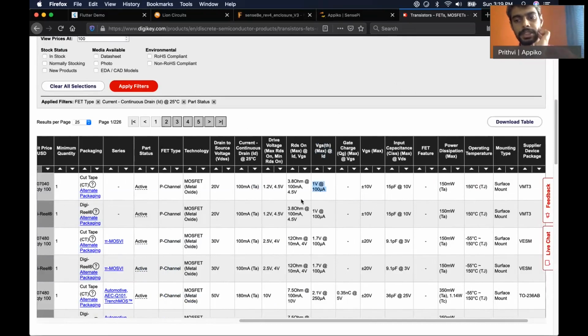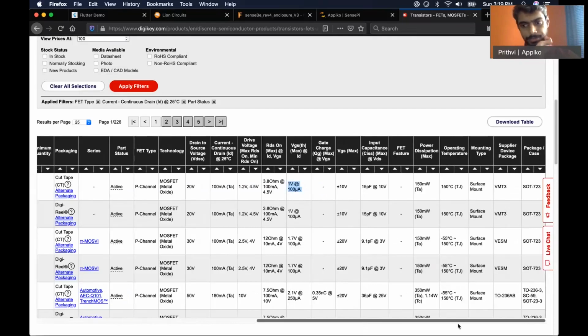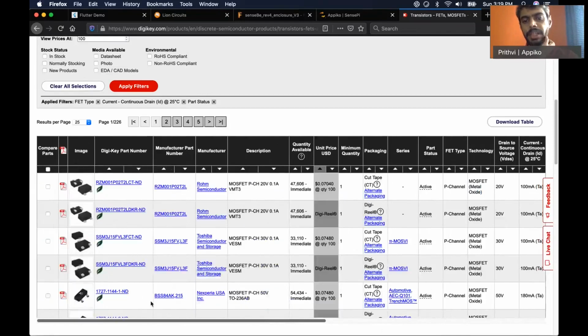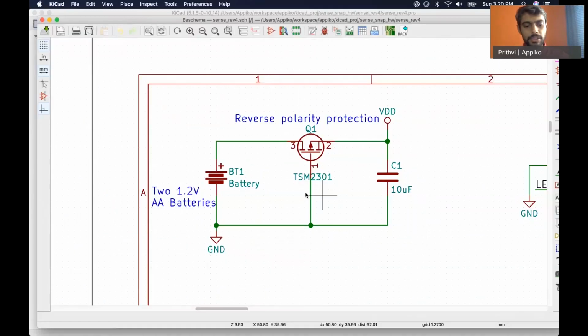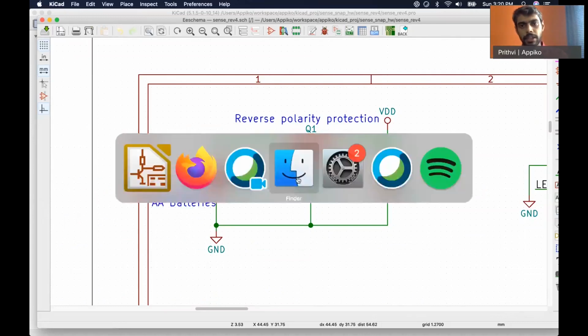This is fine for us because the battery voltage is 3 volts, so any reverse voltage of minus 1 volt or more will be protected. So if you insert the batteries in reverse, there is protection. So this is a component that we can use. In our case, we used TSM2301. That's also a reasonably good PMOSFET.